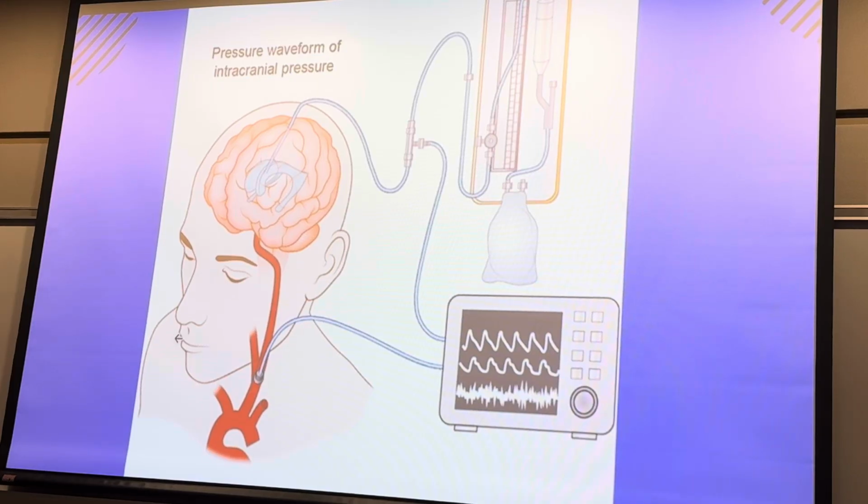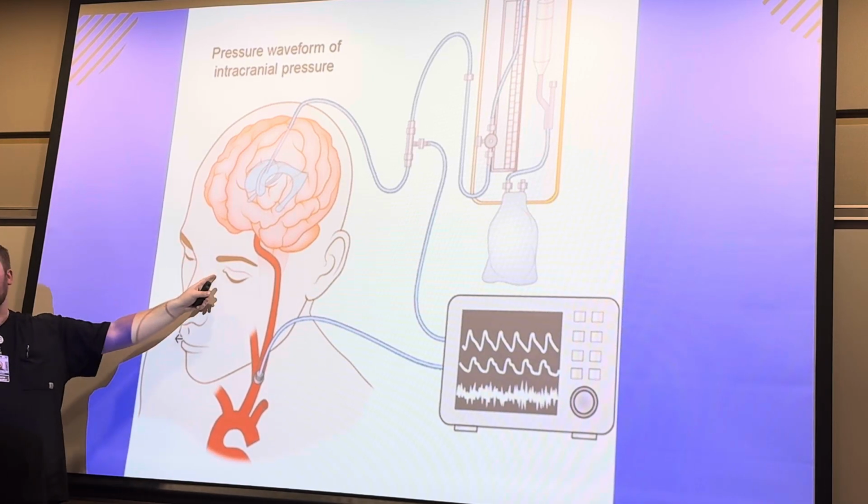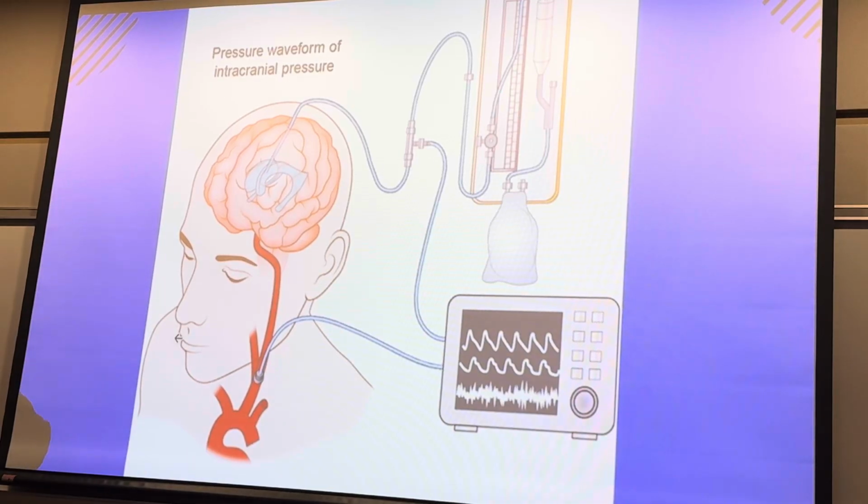Not gonna zero this to the phlebostatic axis, but it is giving me a waveform. It is giving me a pressure to monitor within that intracranial space. So it's measuring directly that intracranial pressure. Then I can give medications, I can drain off some excess CSF fluid to help out and decrease that intracranial pressure, and I can constantly monitor it, and it's a delicate balance to keep it within that range. So remember, above 20, and that's not where I want it. I want it below 20.